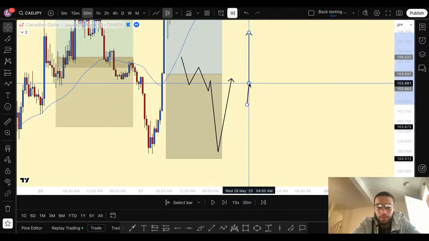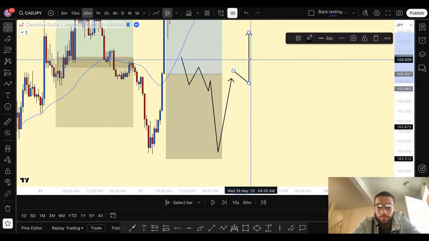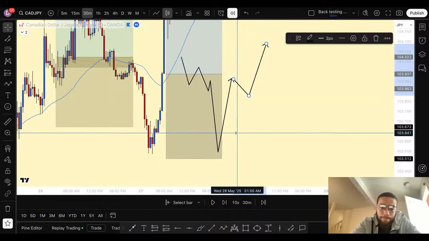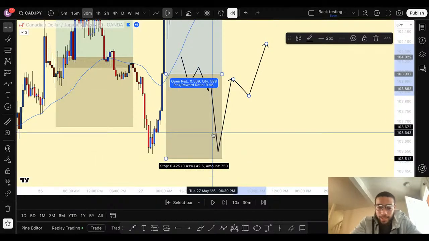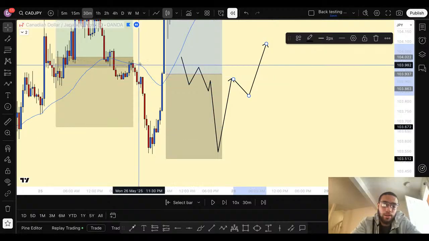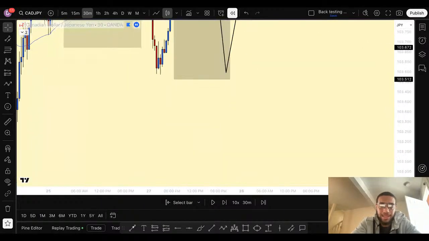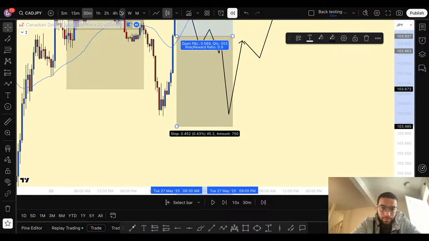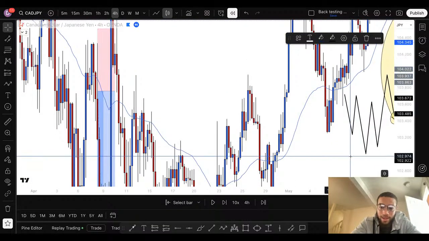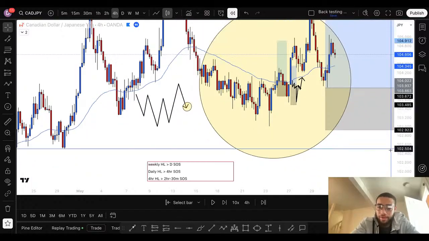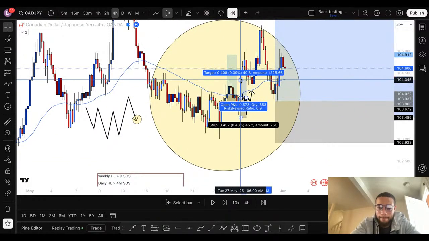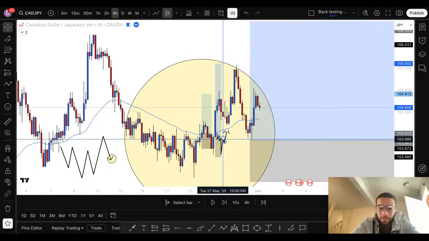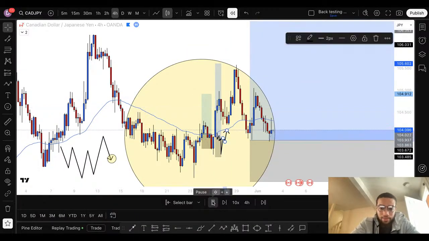Or do you want to wait for the higher low? So in this case, if you would have waited for the higher low, you would have missed it. Or if you would have entered straight away, you would have caught it. Again, there's no such thing as a perfect strategy, you know? And you see this trade was very, very profitable. If we play this out,